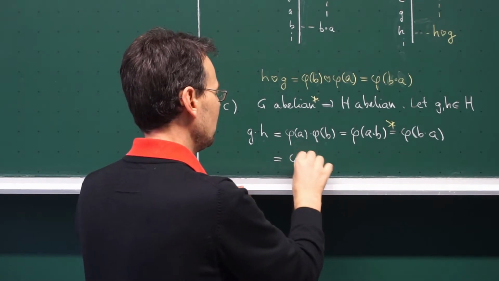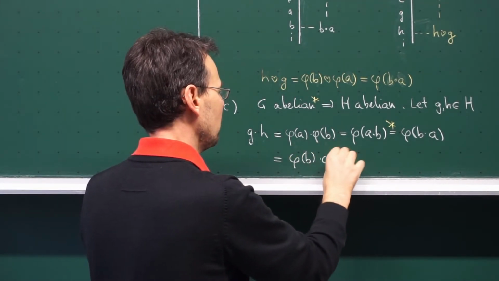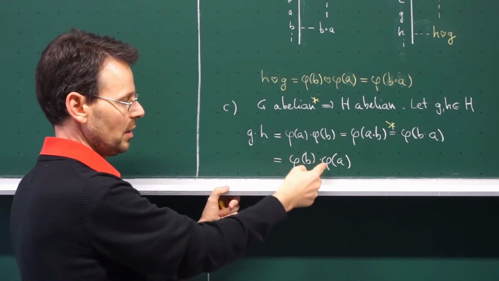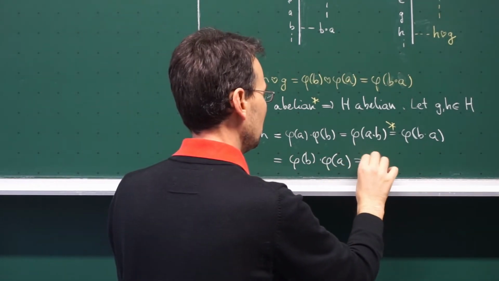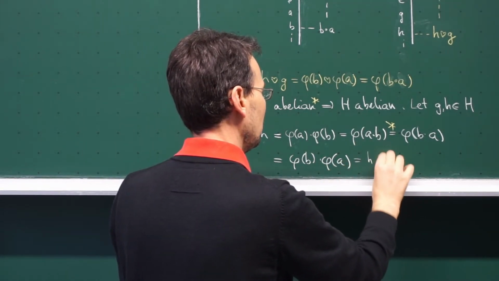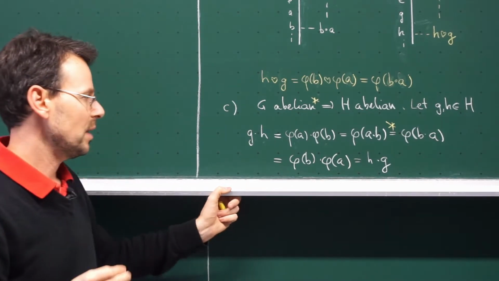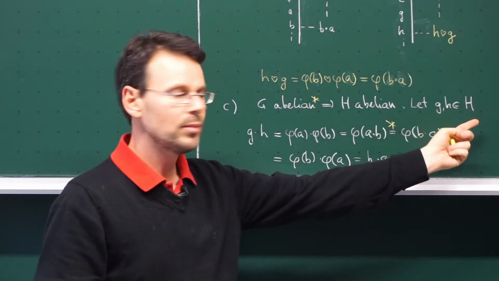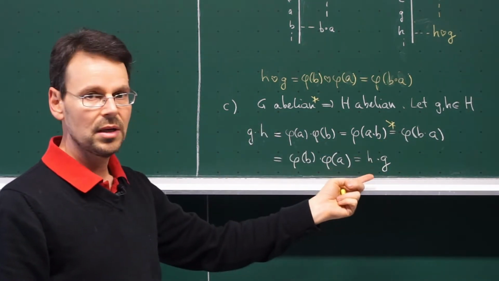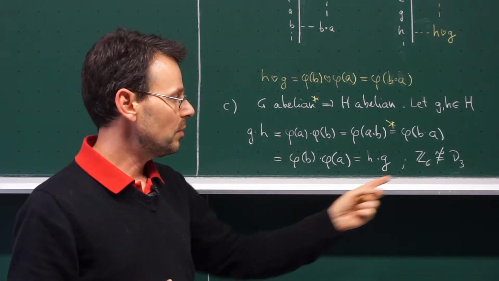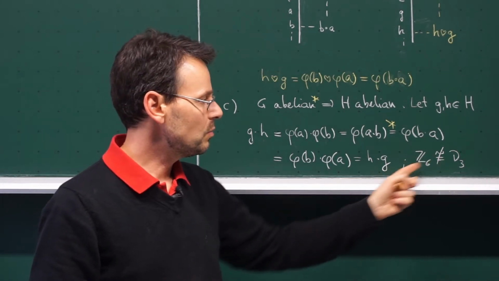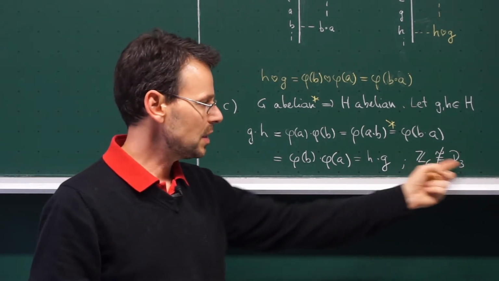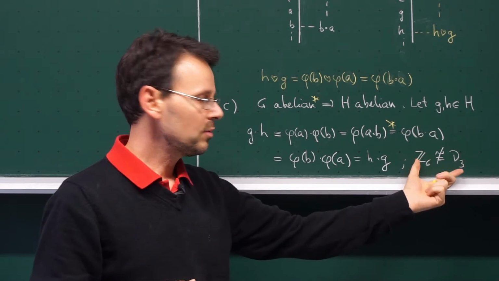So, but now again, because phi is a homomorphism, this can be written like that. So we end up with H composed or multiplied with G. So this shows, because G and H were arbitrary, that H is an abelian group. And as explained before, although those groups have the same number of elements, 6 and 6, they cannot be isomorphic